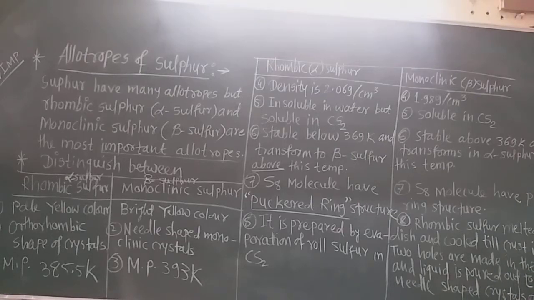Now you know the allotropy or allotropes. If the same element is present in different forms, then only their physical properties are different, but they are chemically the same element. Such different forms of that element are called allotropes. In Marathi, it is called aparupe.